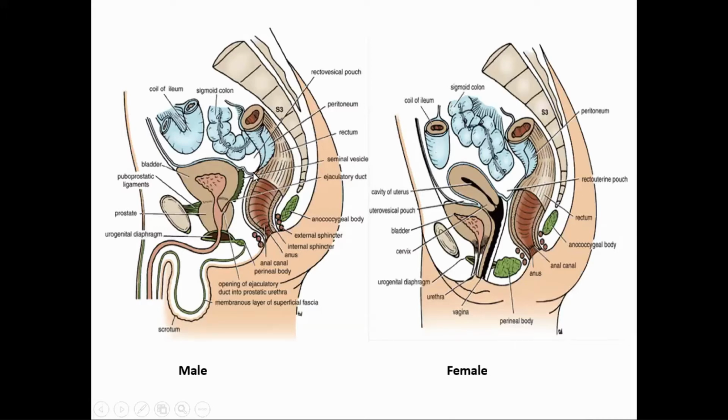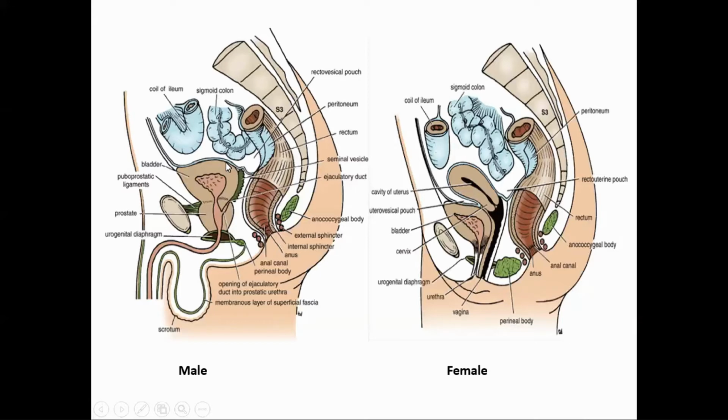From the rectum, the peritoneum is reflected, in case of the male, towards the upper surface of the urinary bladder. This is the urinary bladder, also called the vesicae. So from the rectum, the peritoneum is reflected on the superior surface or base of the bladder, forming a pouch. This pouch is named the rectovesical pouch, a peritoneal reflection from the rectum to the upper surface of the urinary bladder.